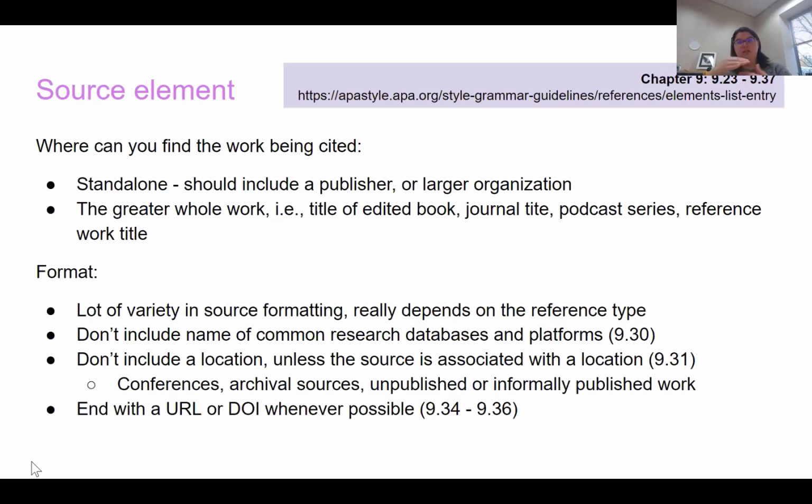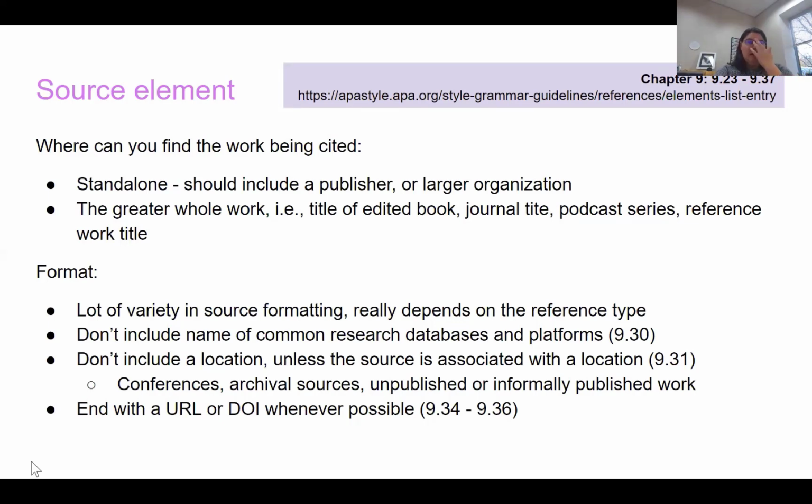And along with that, the 7th edition took out a lot of the requirements for the location name. So for example, if a book is published by, say, Springer, and Springer has its offices in New York City, we don't really need to go to New York City to talk to Springer to get this book. We used to have to, or for some smaller presses that are really locally sourced, you might want to include that. But for the most major ones, we don't need to know physically where that place is anymore,